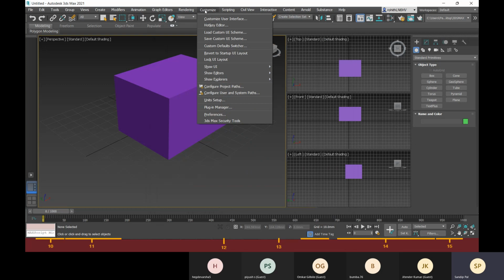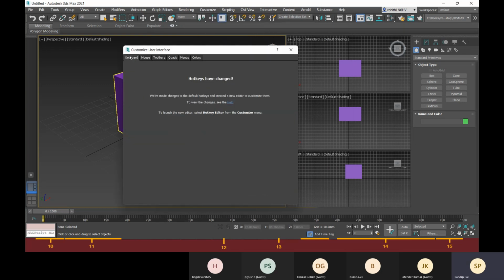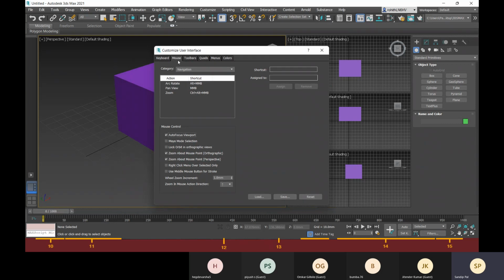Now, if you go to this customize user interface, here you can see that we have some keyboard hotkeys. I will show you in the next option. And here we have this mouse option. So how you can rotate it, how you can zoom it, these options are there.